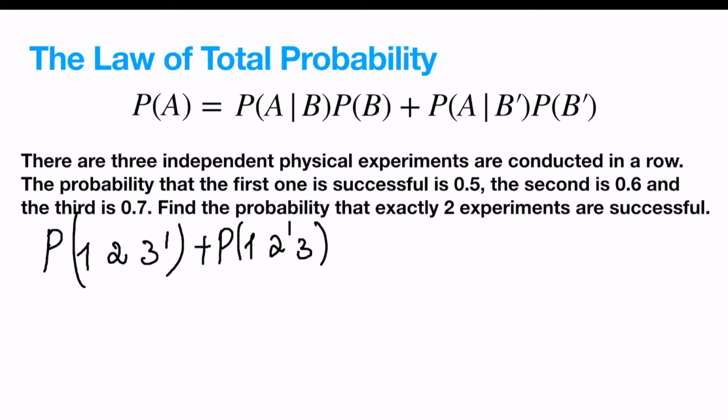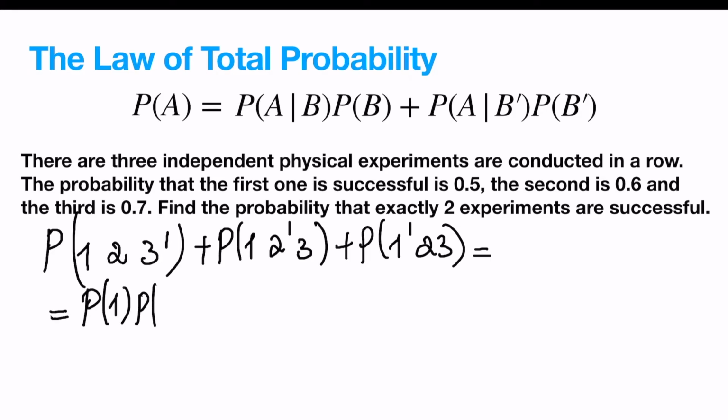So 3 means the experiment is successful. 3 prime means the experiment is unsuccessful, okay? Plus the P of 1 prime, 2, 3. Since the events are independent, you can write down the probability of 1, 2, 3 prime as just the multiplication of the probabilities. So the probability of 1 times the probability of 2 times the probability of 3 prime